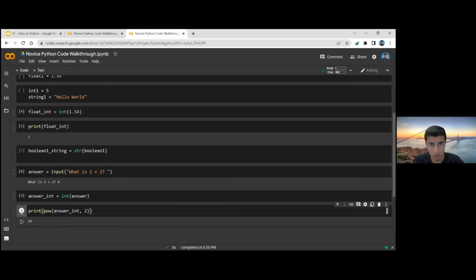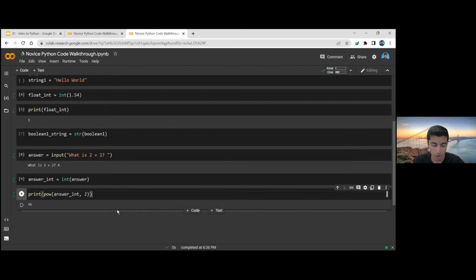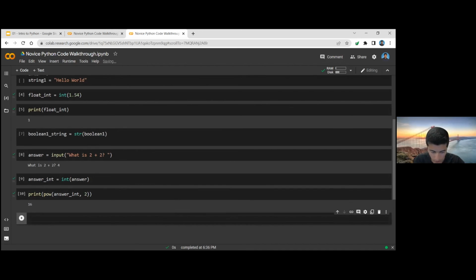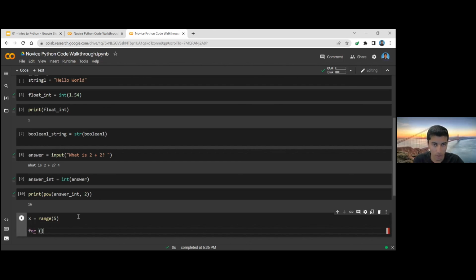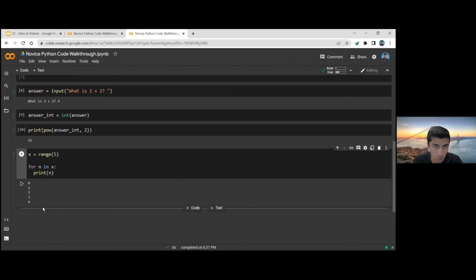There are various other functions as well, like abs, to get the absolute value, that are really important to Python as well. And next up, we can also do something cool like range, which gets us a range of values. So let's say x equals range 5. And I'm going to do a for loop here real quick, which is something we haven't taught yet, but it's just a simple way to get the values of this range, just to show you a basic function. So let's say for n in x, we can just print out the n here. And all this does is print out the range of values that we got, which is another cool function that Python has that you might want to be aware of.